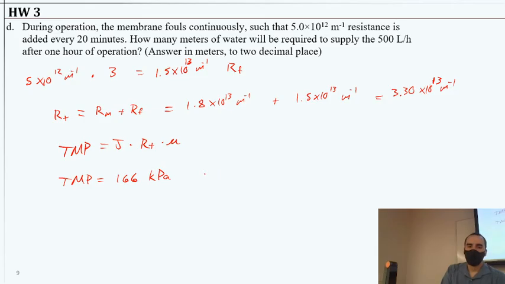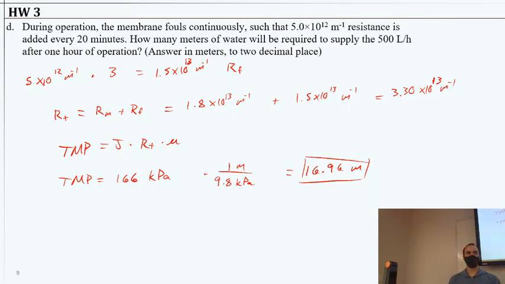And then, of course, we can multiply that by meters per kilopascals. And that'll give us 16.96 meters. So about 17 meters if it's fouling that fast. So that presents a problem. If it truly is fouling that bad that fast, chances are we're going to need a new pump, a new